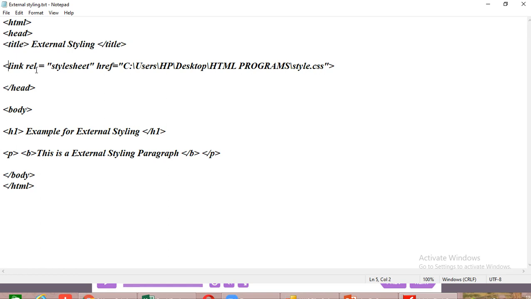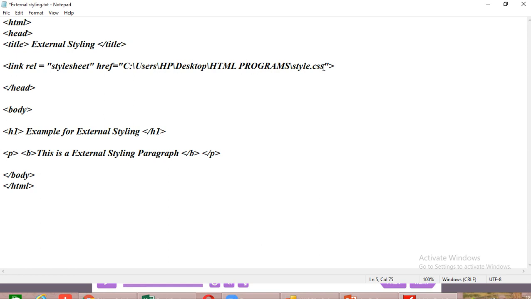REL means relation. Link rel equal to, within the double quotes, stylesheet. Okay, because that is the style sheet page. Then, href. What is that href? Hyperreference. Href equal to, we want to refer to that sheet.